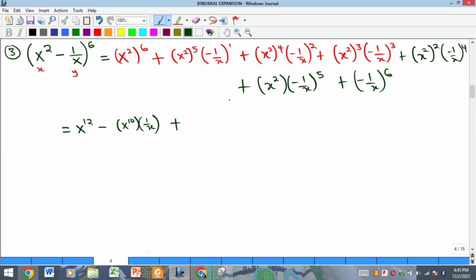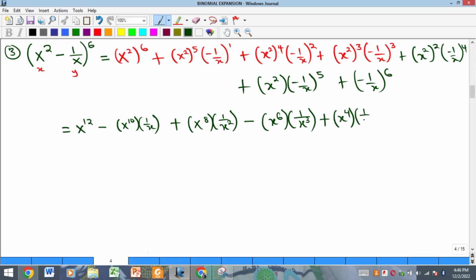Okay, then plus here we'll have x to the power of 8 multiplied by, remember that minus squared will be plus, so this is just going to be 1 all over x squared. Okay, and then here we have, remember that the odd power here, the minus will still remain, so let the minus come out here, it will give us minus, and then x squared raised to the power of 3 is x raised to the power of 6, then multiplied by 1 all over x cubed, and then the power is even, so the minus will disappear, so we'll still have plus here, and then x to the power of 4